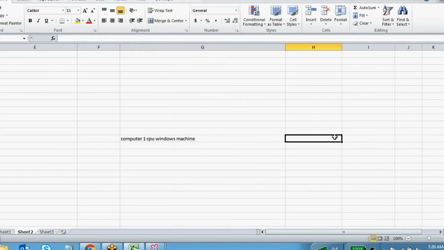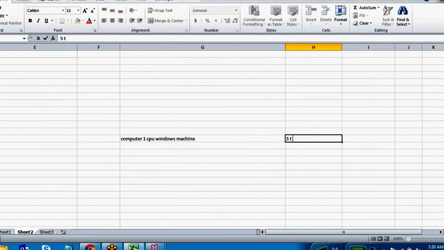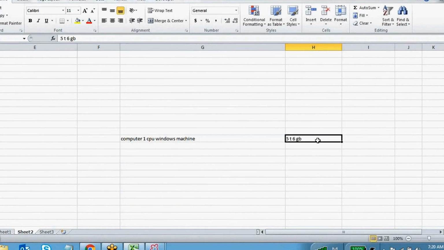At least 5 to 6 GB of space is required to install this total BI suite: SQL Server and BI like SSIS, SSRS and SSAS. Those are the three components coming under BI.